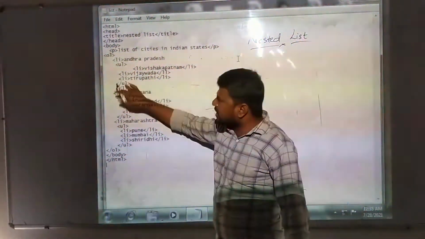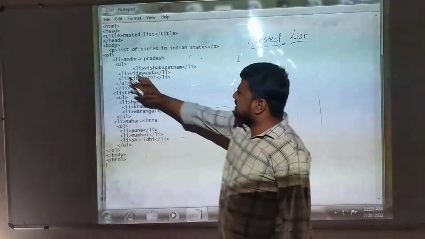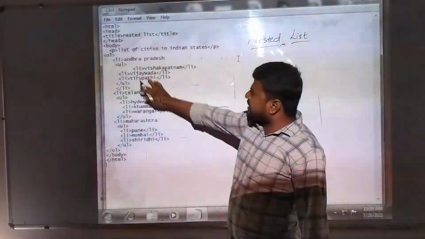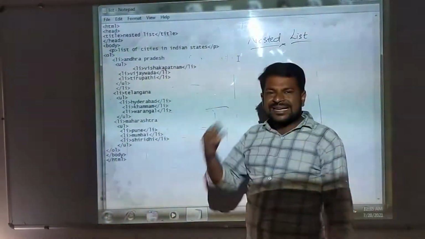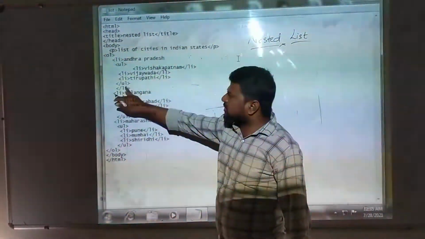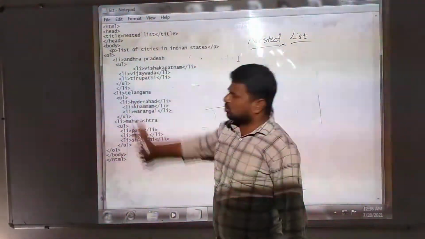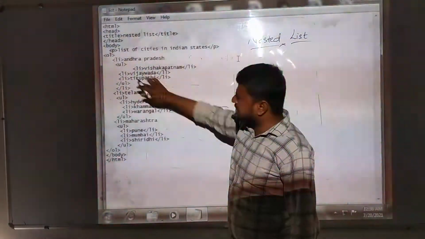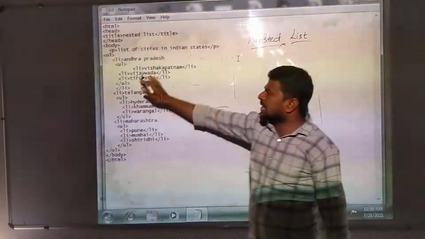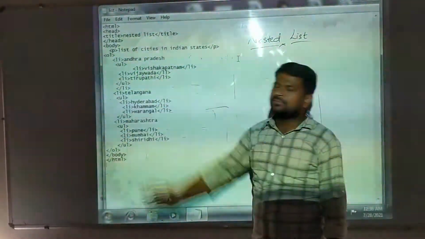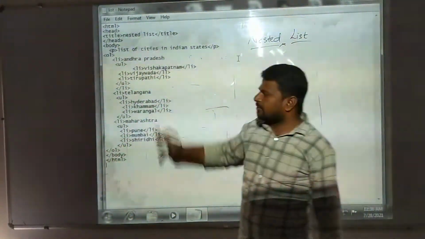That we will represent in an unordered list. You can see in the unordered list, Visakhapatnam, Vijayawada, Tirupati are the cities in Andhra Pradesh. Unordered list close. List also close. Means in Andhra Pradesh state, these are the cities. Again a list starts, this is the second list item in our web page.